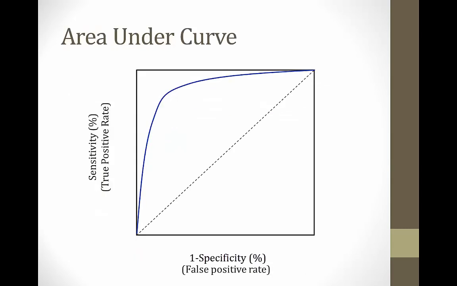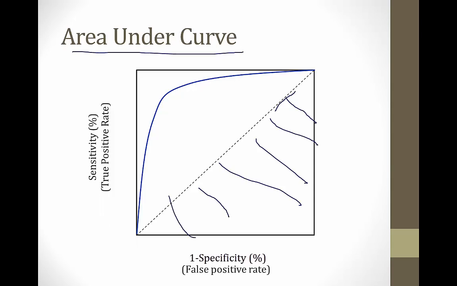One other concept that sometimes comes up is the area under the ROC curve. So the more area under the curve, the better your test is at discriminating true from false positives. So let's look at this straight line here, which remember I said is a bad test. This has half the area of this box under it. So it would have an area under the curve of 0.5, and that's a bad test. This blue curve here has a much higher area under the curve. I don't know what the exact number is, but it's probably something like 0.8 or 0.9,